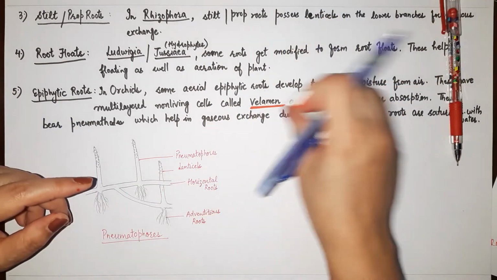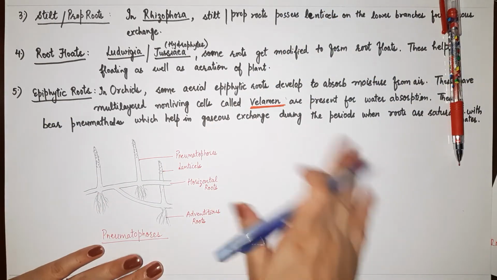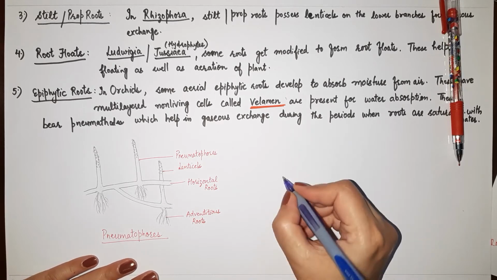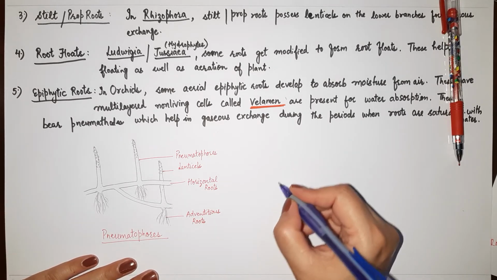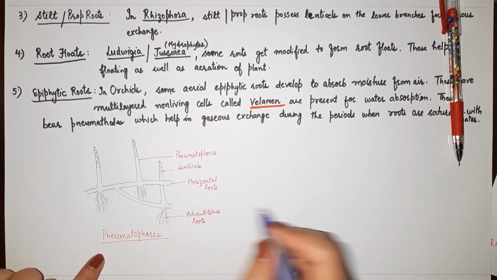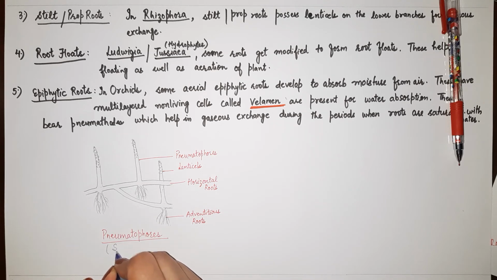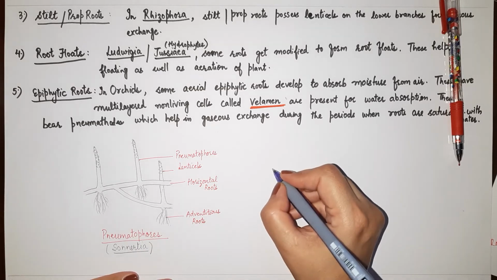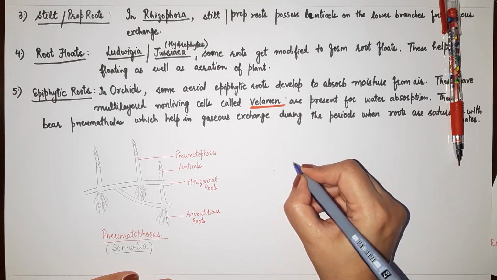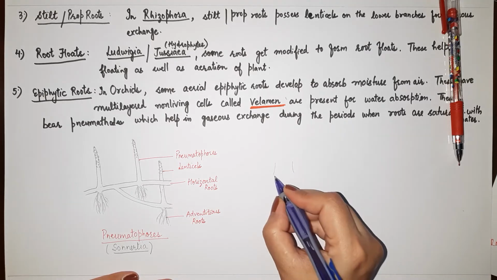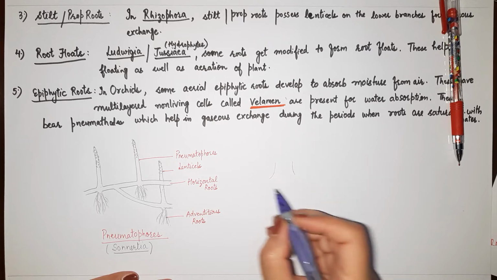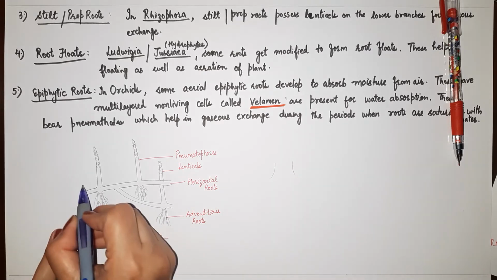Now the second case is of knee roots. For knee roots, we are taking the example of Bruguiera. These are the roots in case of Sonneratia. So for Bruguiera, you will draw a trunk. Then there is underground portion. Here also you can mark